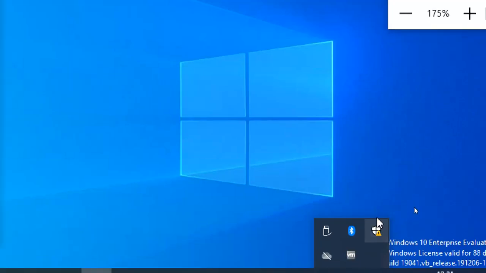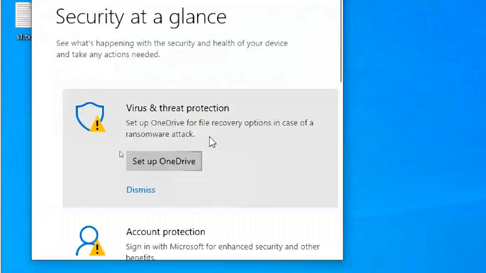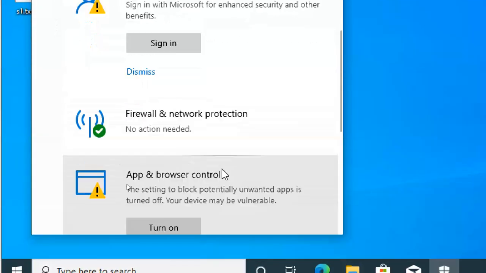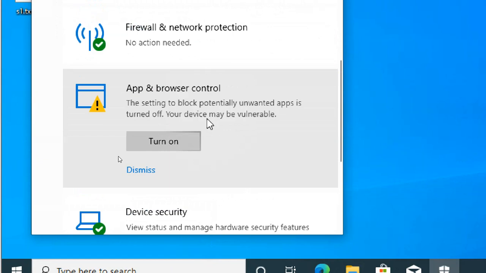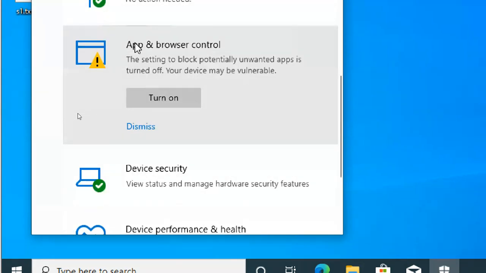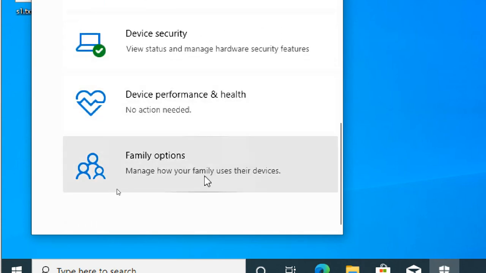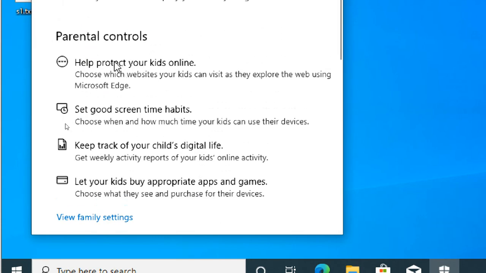This is Windows Defender. It opens. See, you can set up OneDrive, account protection, firewall and network protection are also integrated here. Apps and browser control, device security, device performance and health, family options.